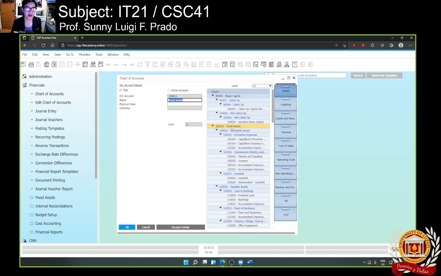Okay? Title accounts. So, makikita natin, pag clinick ko sila, title account, level 2. So, under ng mga yon, meron pa tayong iba pang category. Okay? Tulad na lang po nitong fixed asset na to, we have intangible asset, concessions, patents, and licenses, trademarks, goodwill. Okay. And then, syempre, we also have tangible asset. Depende na yan kung paano dinesign ng accountant yung company before pa